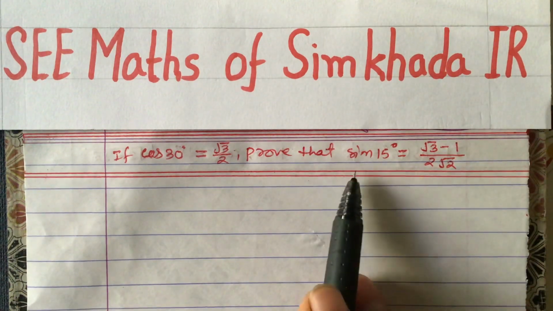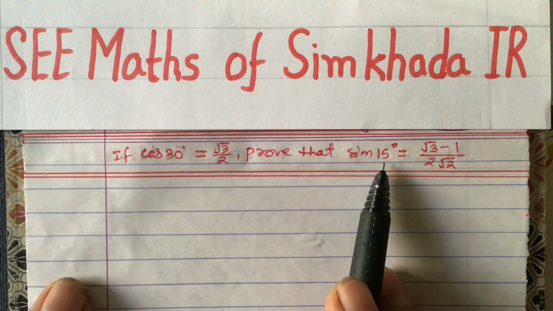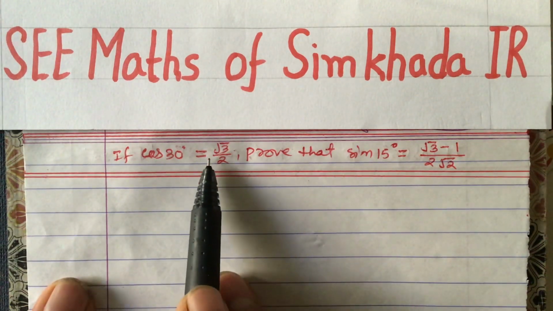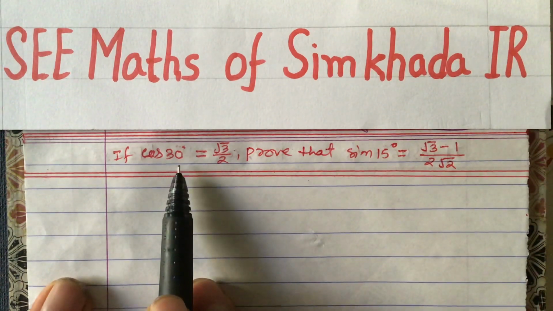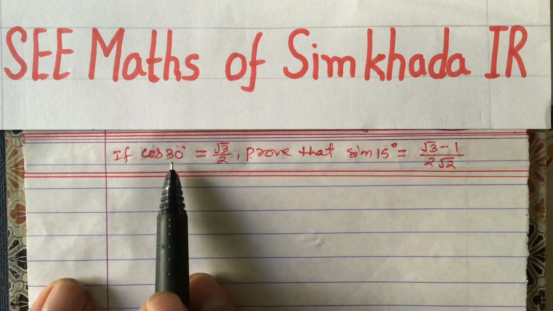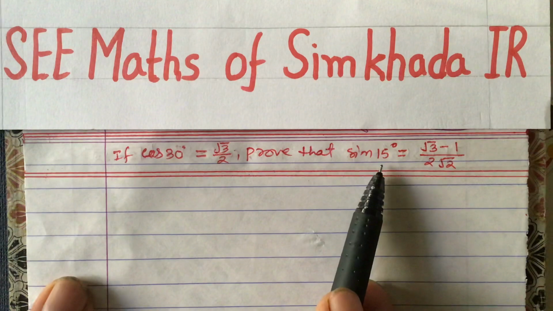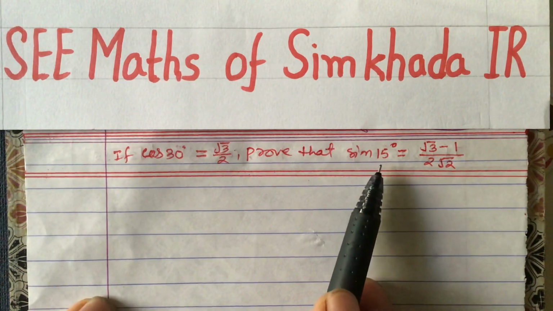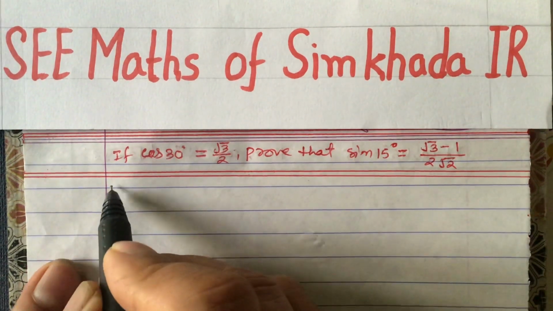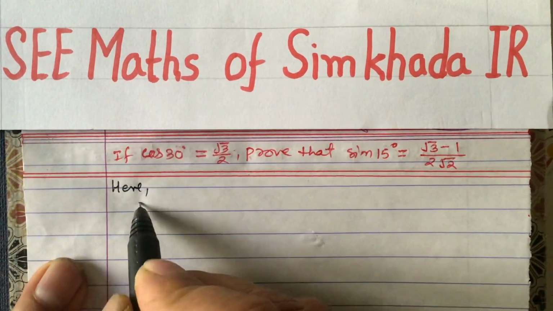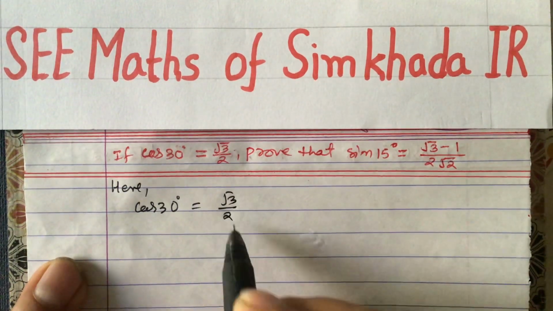And here also you may be asked sometimes sine, sometimes cos, sometimes tan. All these three we have to learn. Now since we have already been given cos 30 equals root 3 by 2, we cannot use values other than this cos 30. Sine 60, sine 30, cos 60, cos 30, 45, those values we cannot use here. We are not allowed to do so. So what do we have to take? Only cos 30 we have to take and then get this one. So here it is given that cos 30 degree equals root 3 by 2. This is the question given to us.